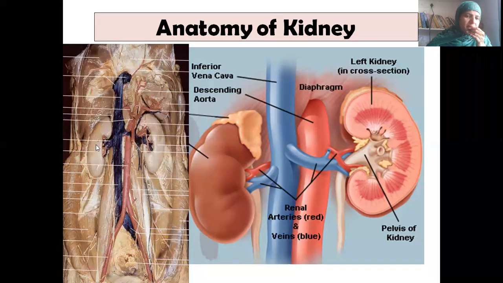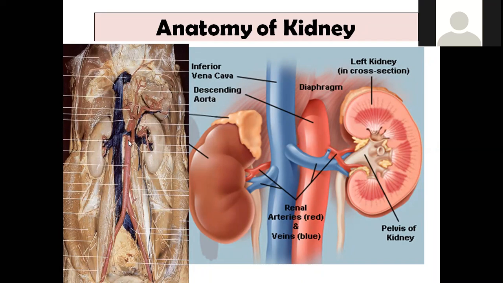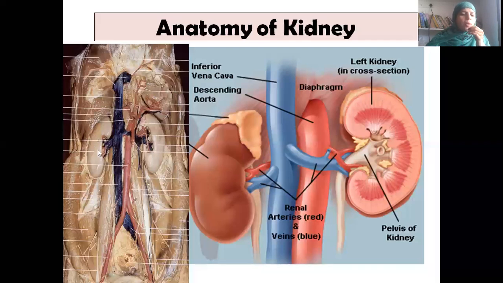Now, what are we finding in the posterior abdominal wall? See this dome-shaped muscle. Whatever we are finding here is the diaphragm. Then you have openings in the diaphragm. Can you observe? This is the inferior vena cava opening. This is the inferior vena cava, and this is the abdominal aorta. After removing the major abdominal visceral organs, now we are able to see two kidneys, isn't it? And this is the hilum of the kidney.